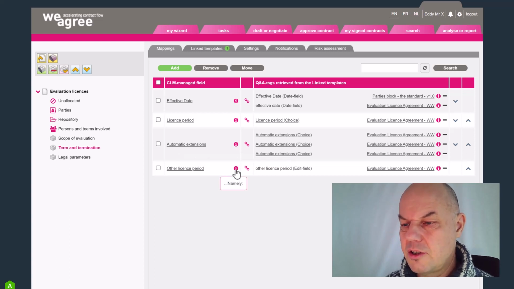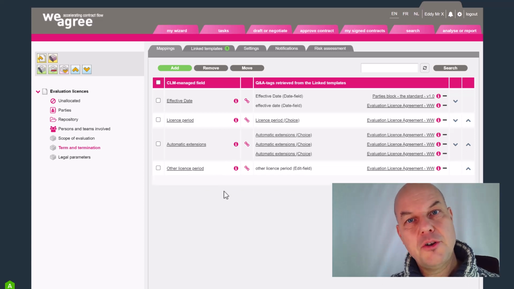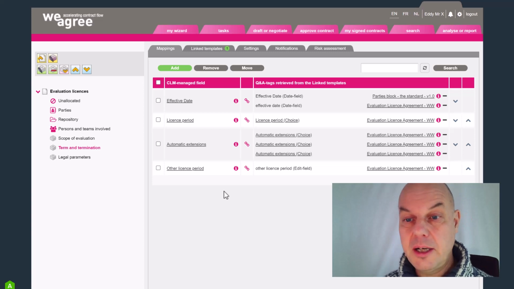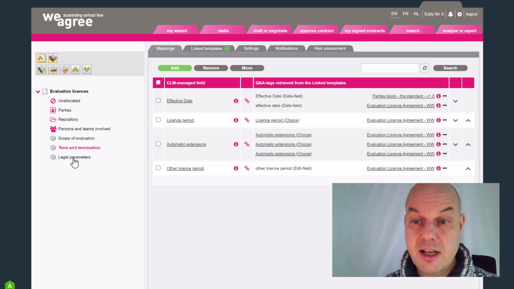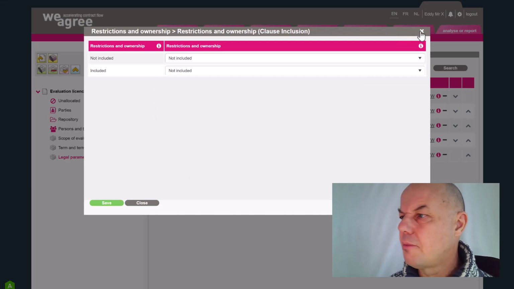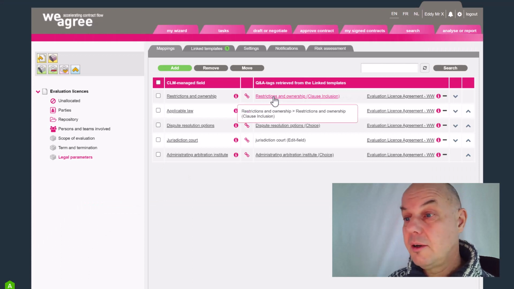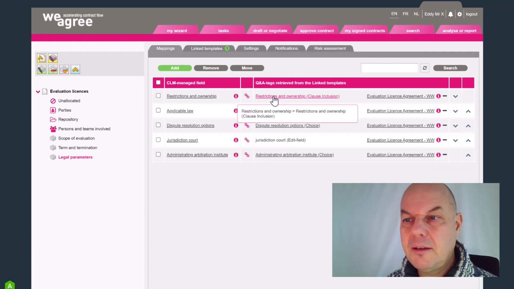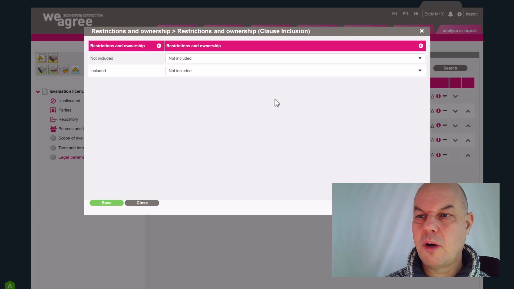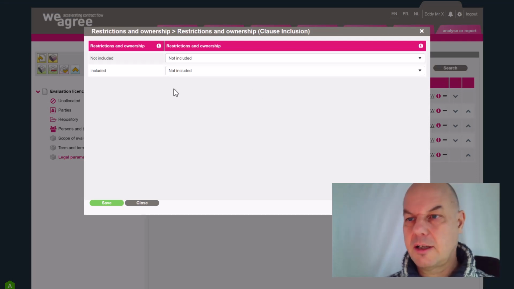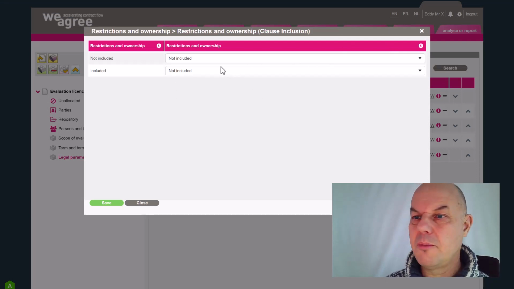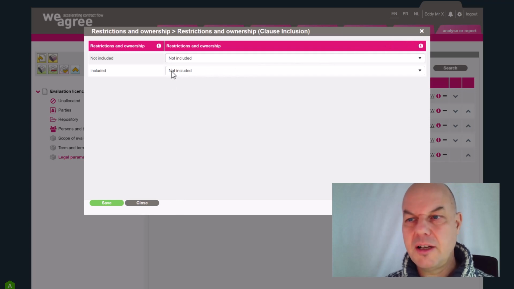Another license period is just an open text field. This is how you configure the contract lifecycle management of Weagree. Your next step would be the one marked magenta. This has to do with the fact that apparently the mapping was not fully one-on-one done for one reason or another. And if you open it by clicking on the magenta link, you will see that basically the mapping has